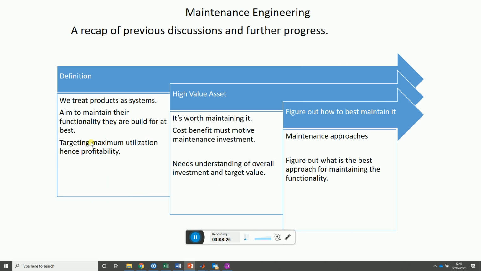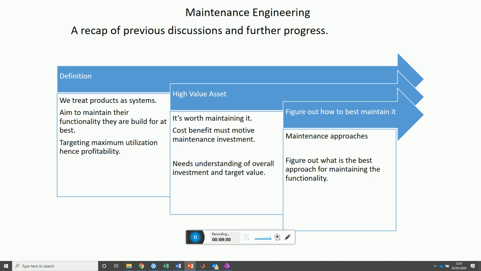So we want to basically maximize the function as such so that it remains at its best. So we are trying to maintain the system such that it stays at its best functionality. And therefore we can target maximum utilization of that system, which can lead us to maximum profitability of